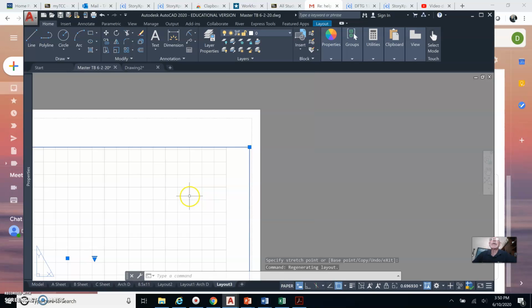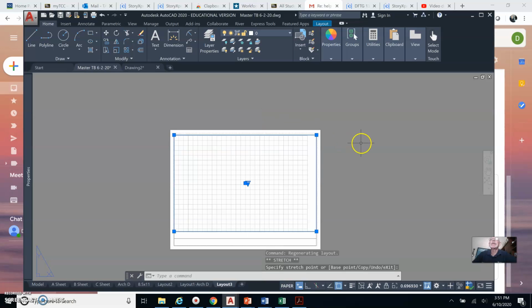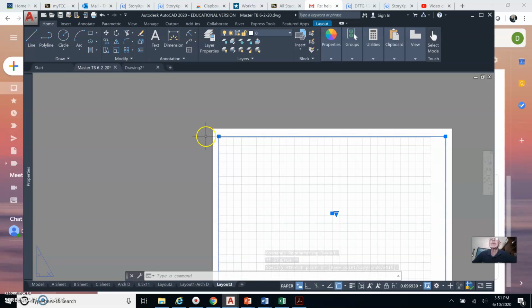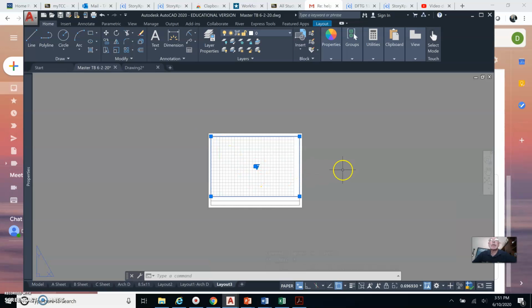And then scroll out, scroll back in, and drag this, left click and make the grip hot, and drag up to this portion here, and then zoom out, check your other corner, make sure it's inside the print line. It is, we're good. Hit escape, double click on the center wheel,